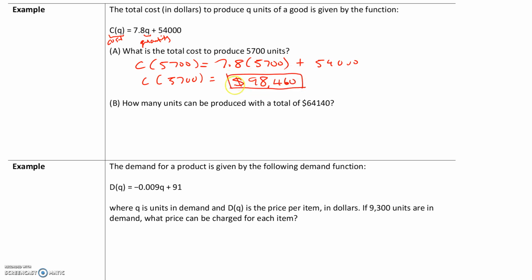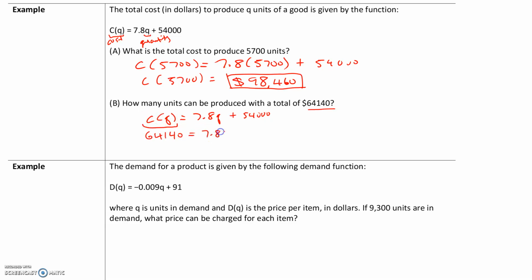And as always, don't forget the units. We should always have units on all of our numbers. How many units can be produced for a total of $64,140? So this is the total cost, which means C of Q, or the cost, that whole thing will get replaced with 64,140. So remember, our equation is C of Q equals 7.8 Q plus 54,000, where C of Q is the cost. So since we know the total cost is 64,140, we're going to replace this whole thing with